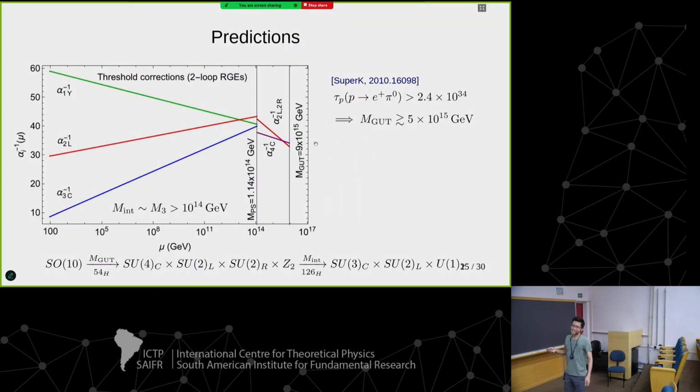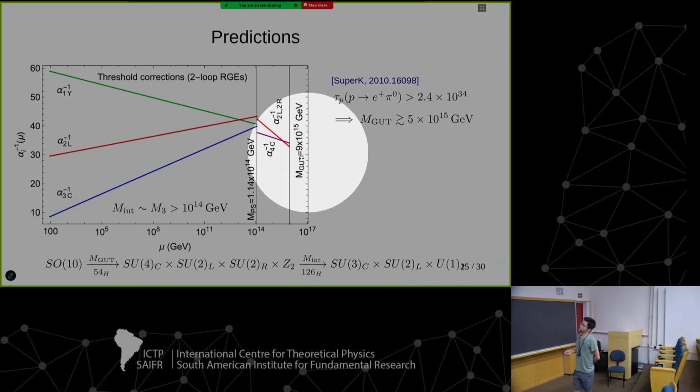The reason is just a threshold effect, because we actually play with the masses of the Higgses, no? In principle, they don't have to have the same masses, no? So these are the threshold effects that are taken into account to get this. And then the intermediate scale that I mentioned